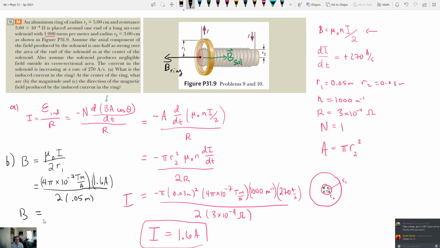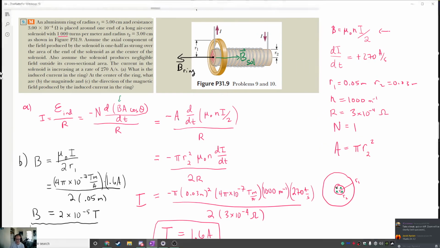I get 2 times 10 to the power of -5. Seems about right. You all agree? Yep. Okay. All right, we're going to do one more problem, but I want to go back to something